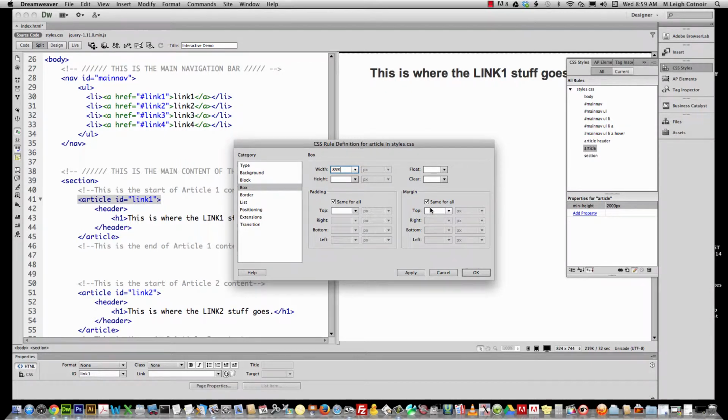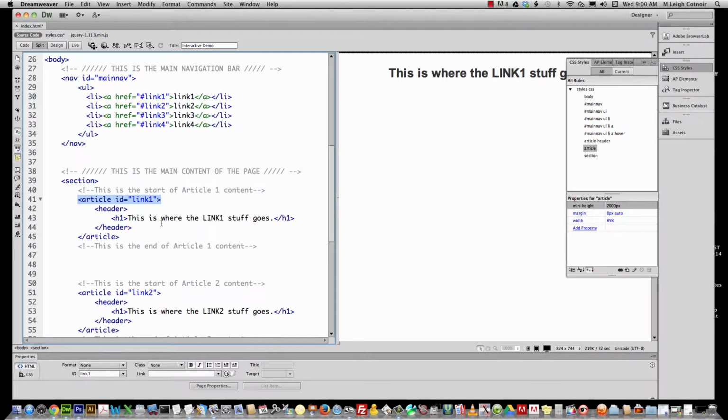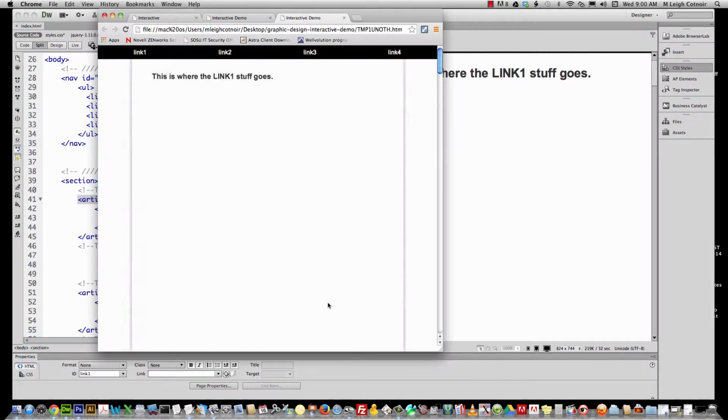And then we want to do the margins so that we have 0 on the top and bottom. You could do your margins however you want on the top and bottom, it really doesn't matter. And then for the left and right, I'm going to say auto, like this, or I could say apply, and then OK. So if I save that and then I take a peek in Google or whatever you're using, Firefox,